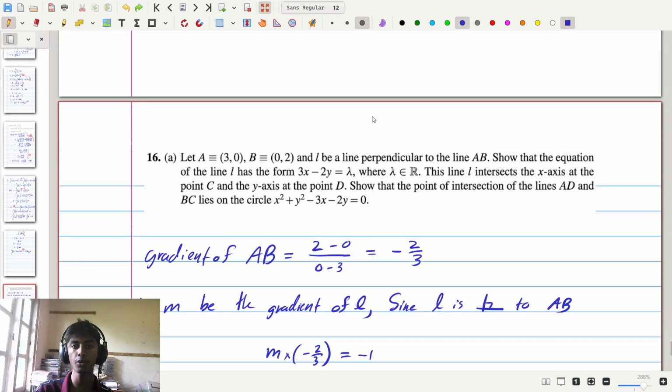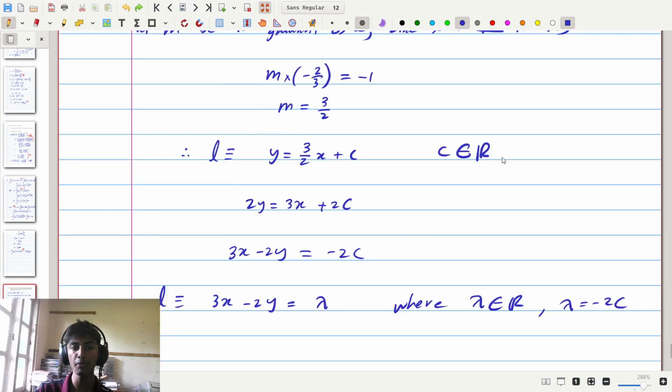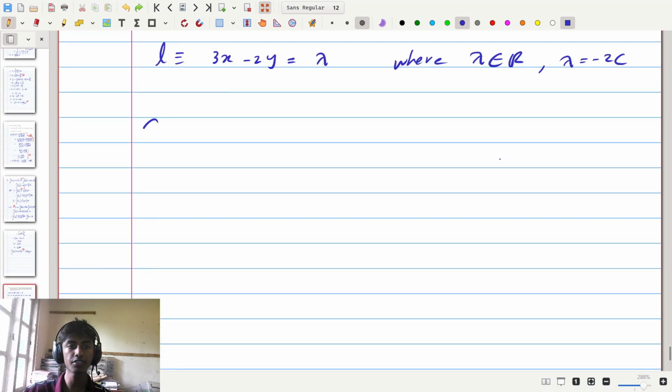So with that, we've shown the first part of the question and shown that the line L has the form of 3x minus 2y equals lambda, where lambda is some element of the real numbers. Now the question says, the line L intersects the x-axis at the point C and the y-axis at the point D. Now on the x-axis, the value of y is 0, and therefore we can say, considering C,